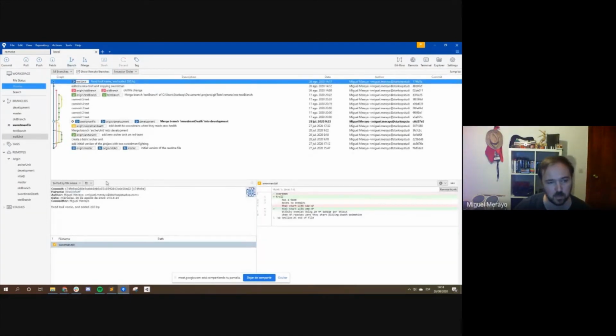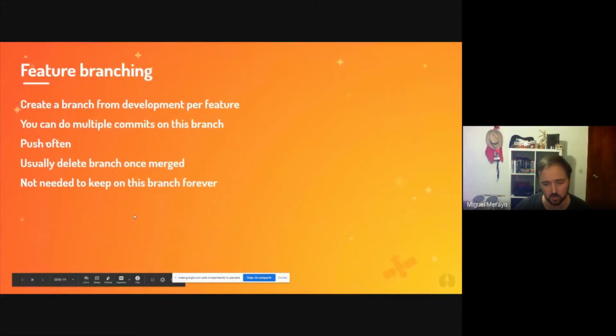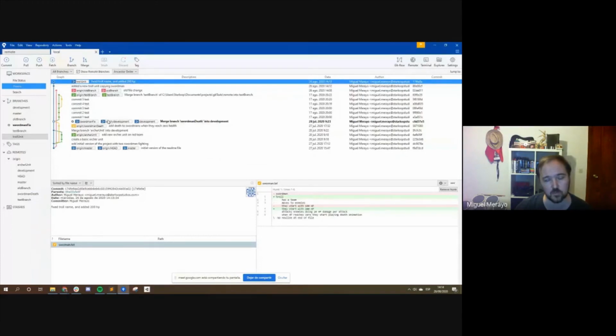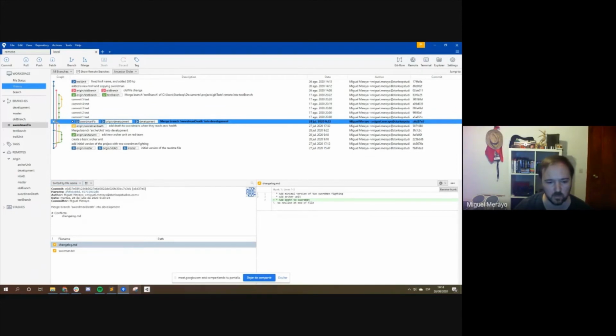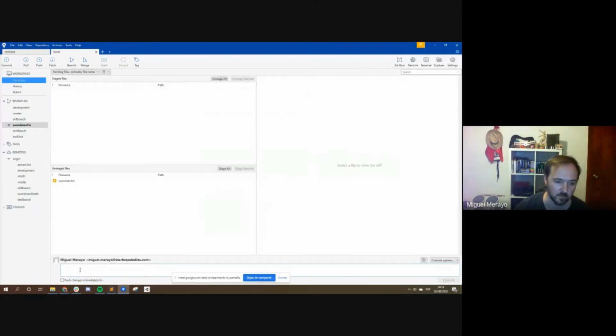And that's something that I see that people who are not coders probably don't usually understand, because they don't have to change a lot of files. They probably just change a binary file and they change it directly on development, and they want to push it. But it's important not to mix features, because if I change the swarm, for example, if I fix the swarm and I say no, it has 110 HP, and I add it